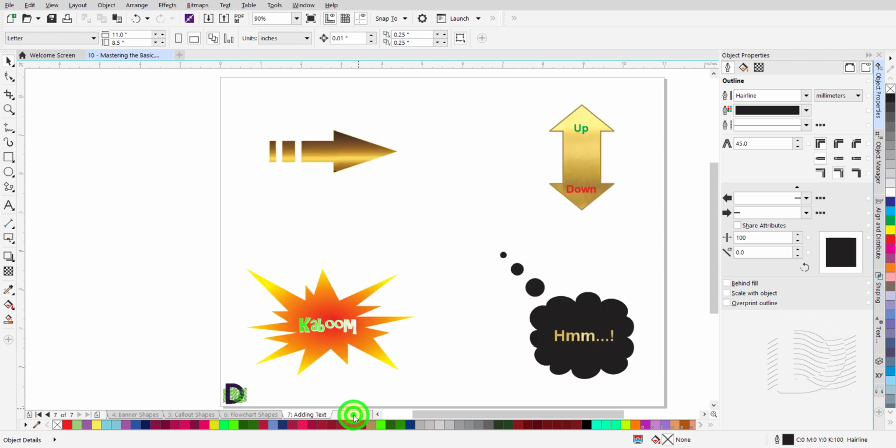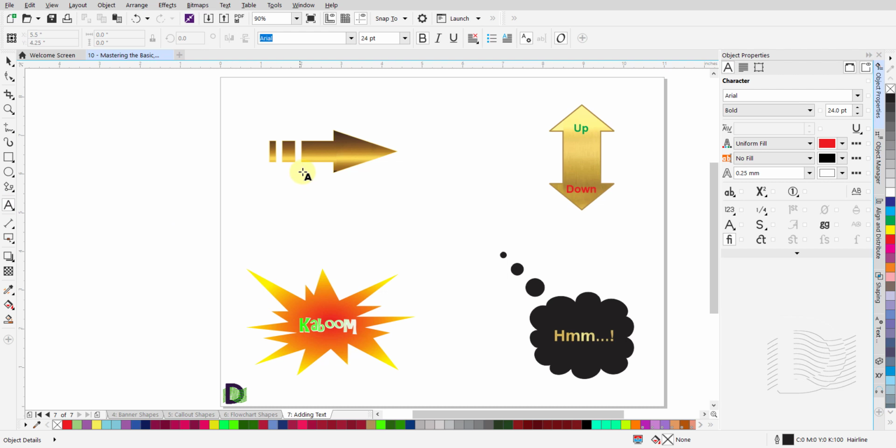Adding text to your predefined shapes. You can add text to your predefined shapes. To do so, click on the text icon in the toolbox bar to select it. Or press F8 to select it. Move your cursor over the shape you wish to add text to. Left-click once and release the mouse button to start the text field. Type in the text you wish to add.